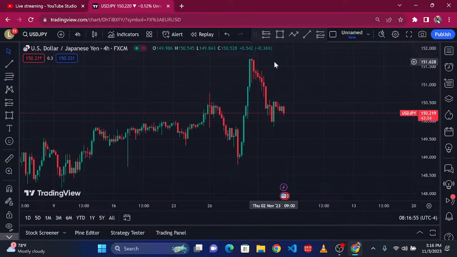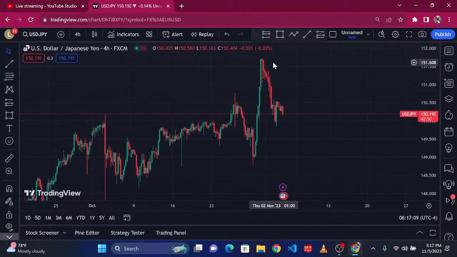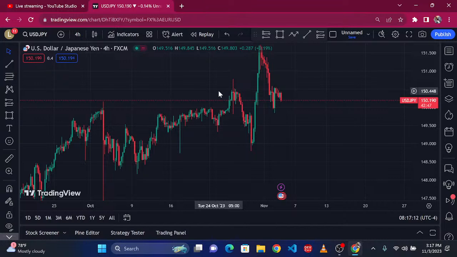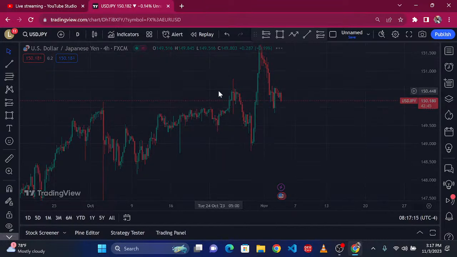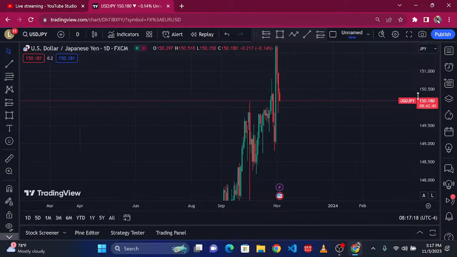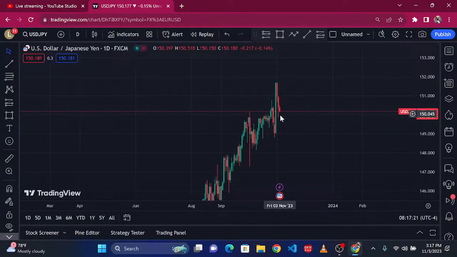This is USD JPY, H4. Let's look at this. Let's first go to the 1 day time frame. It is buying but is making a little retracement down. So if it is making a retracement, that means it is probably going to buy. That's a quick look, because if it has been making a retracement from the morning,